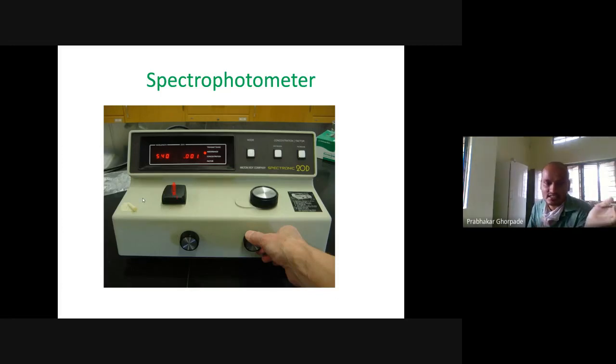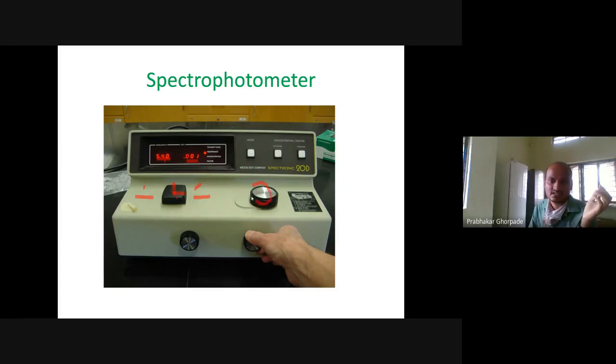You won't see the incident light, but basically this light passes through I0 and through our cuvette, and then comes outside. So we can measure the intensity of I0 and the intensity of the transmitted light. Based on that calculation, we expect the optical density reading on the screen. 550 nanometer is the wavelength, and here 0.001 absorption, for example. And these are the settings for this.